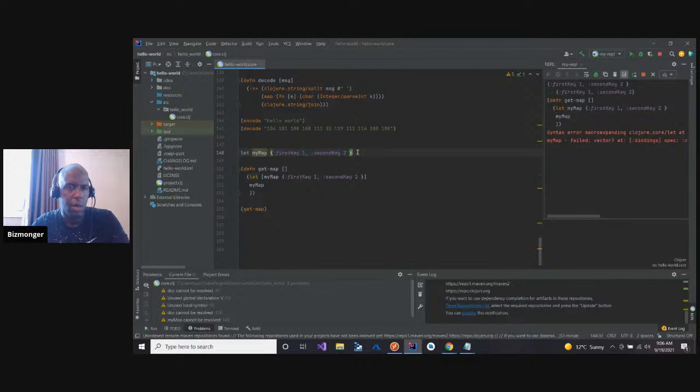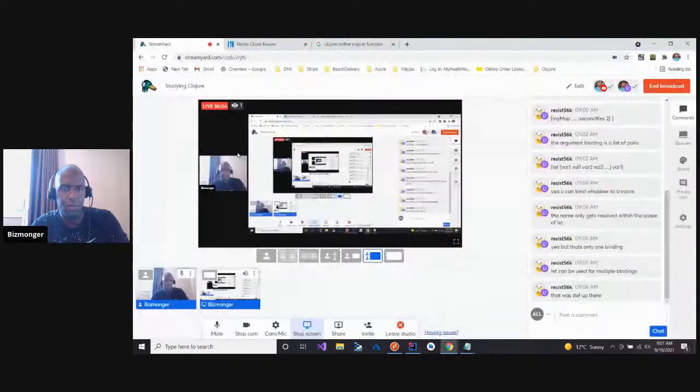So let doesn't require a vector up here, but when I'm in the actual definition of a function, and I'm not even talking about the argument or the parameter of the function, I'm talking about the definition of a function, all of a sudden I have to put in brackets because now let requires a vector inside of a function, but let doesn't require a vector outside of a function. That's where I'm hung up at.